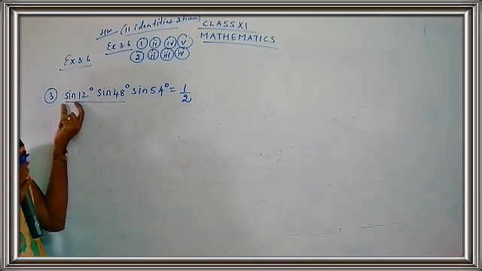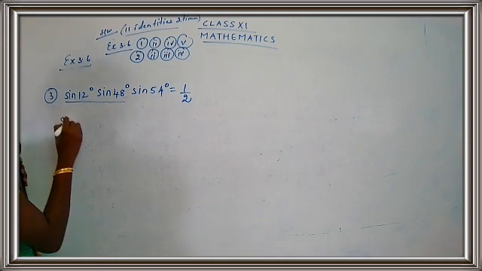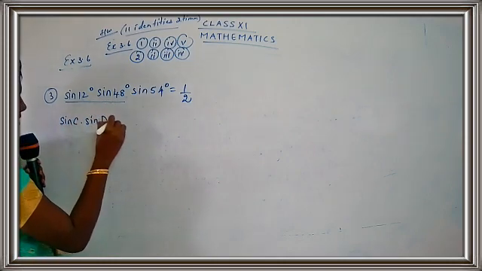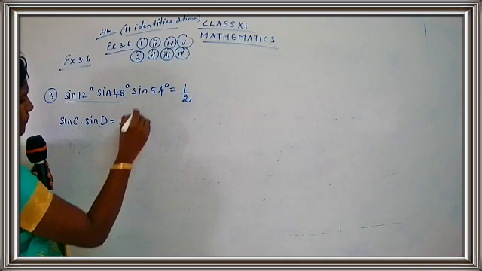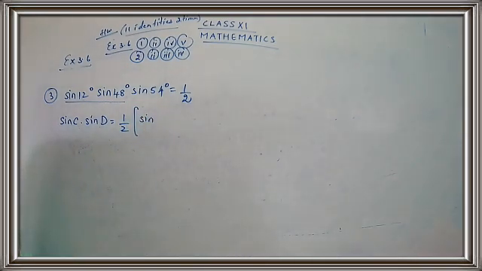So this is of the form sine A into sine B, and we have to apply the formula for sine A into sine B. What is the formula for sine A into sine B? Let's write the formula first. Sine A into sine B is equal to half of... Have you written it as A and B, or is C and D enough? Okay, this is sine A sine B.